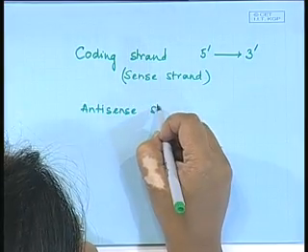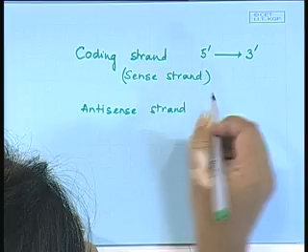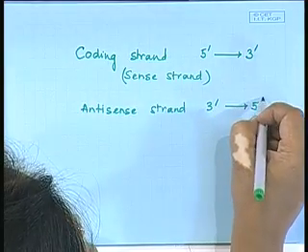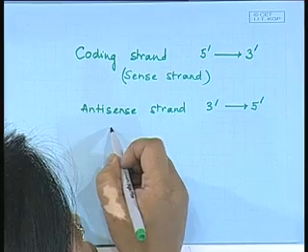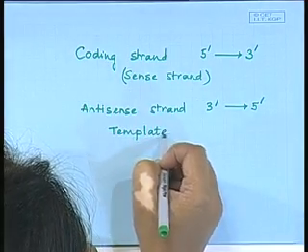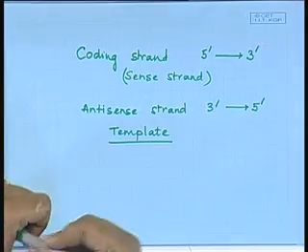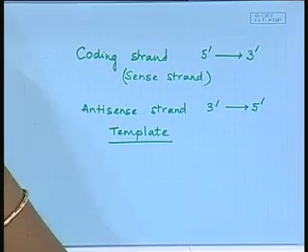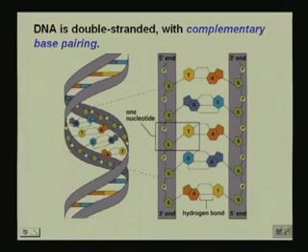The antisense strand goes from the 3 prime to the 5 prime, and this is also known as the template strand, because it provides the template for the mRNA, the messenger RNA, which we will see in a moment. Okay? So, if we go back to the slides here,